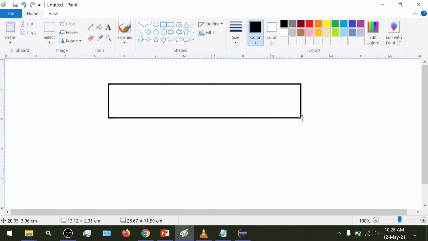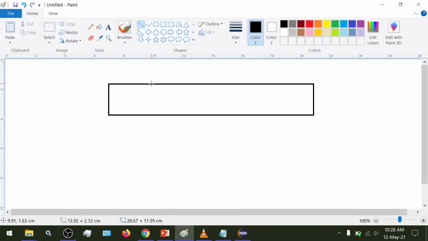So whenever a string buffer object is defined, suppose that this is a string buffer object, and this hello is the content of the object. Whenever a string buffer object is made in memory, there is always some extra space kept for further data.